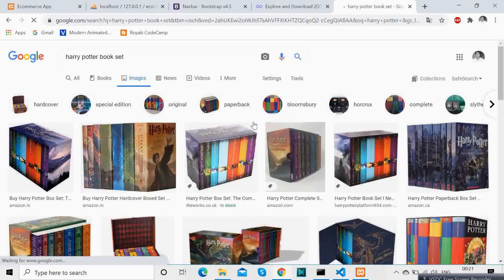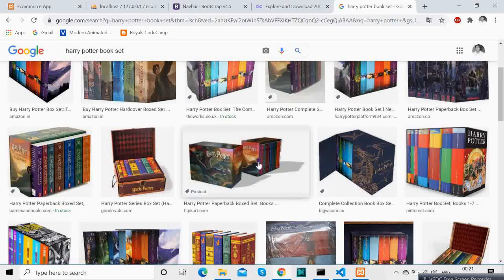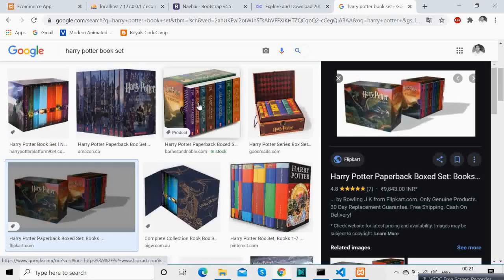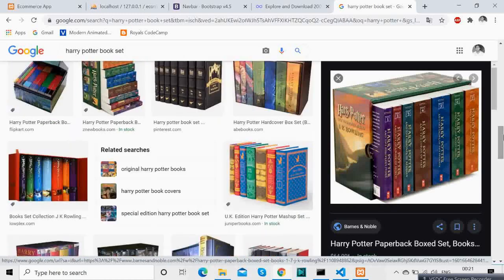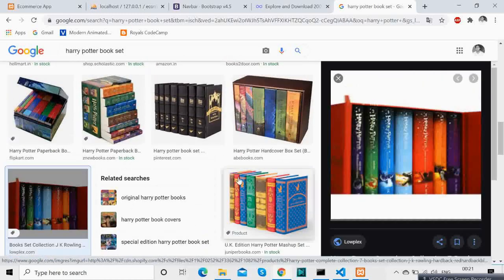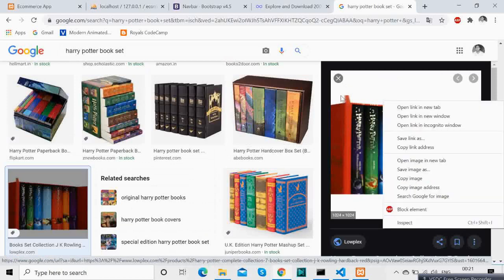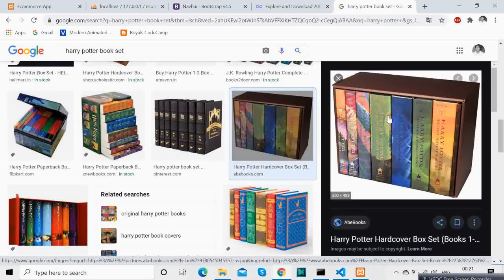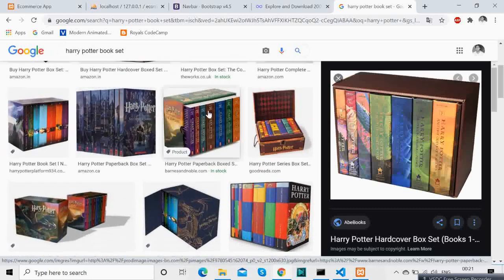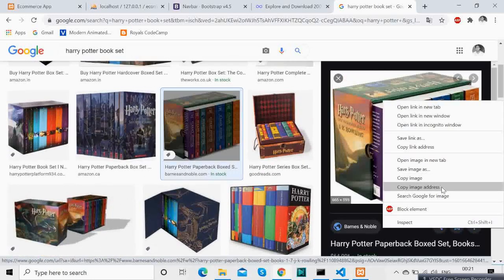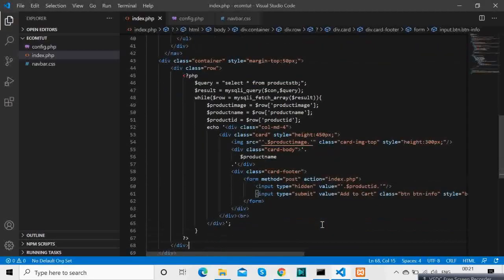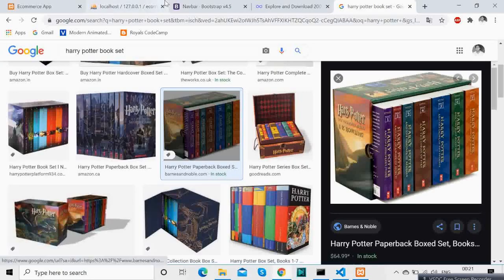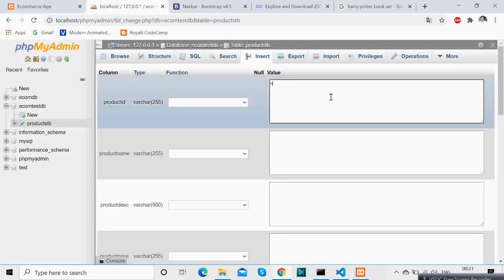So we are adding a Harry Potter book set. You see we are adding that again inside the database.